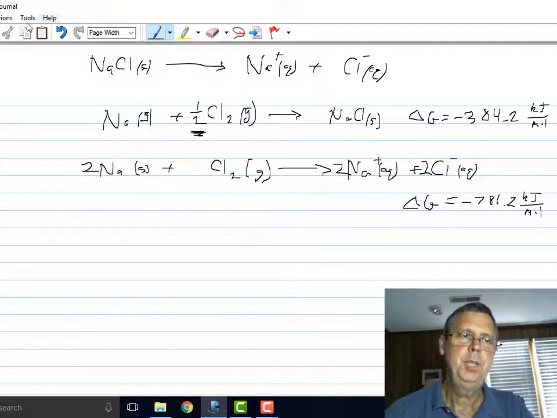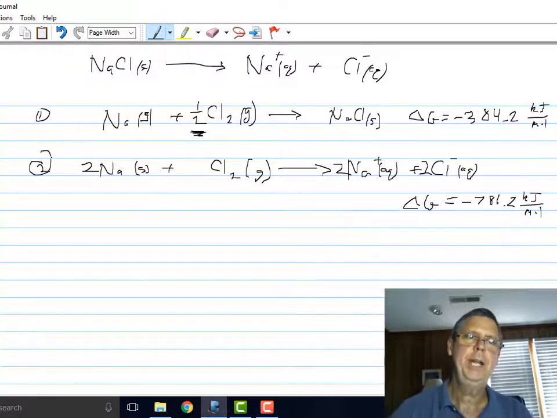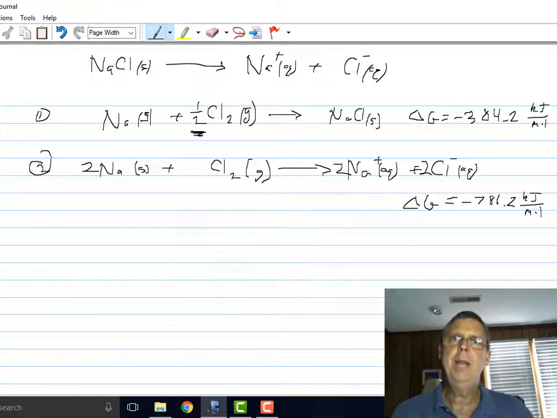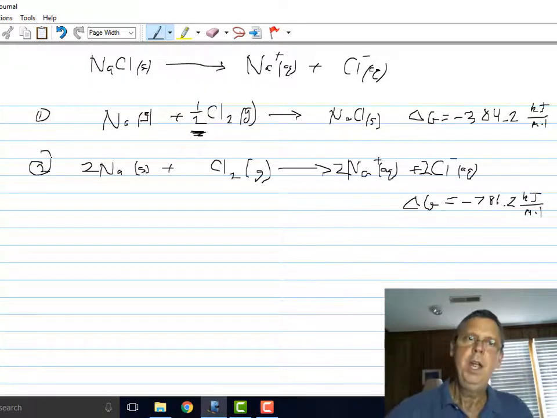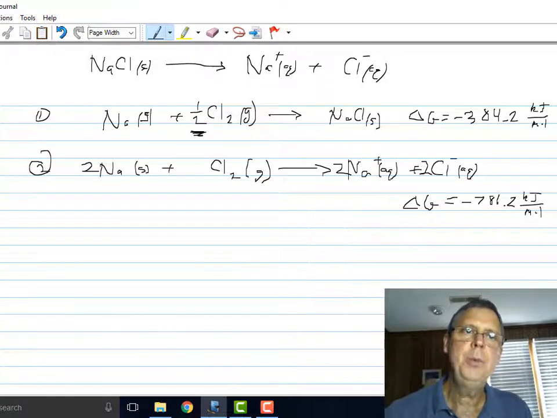And so if you look at these reactions, call this reaction 1, this is reaction 2, and these are just examples of reactions you may be given to show you how we add reactions together to get our thermodynamic values for a new reaction. If we compare the reactions, we need to decide how to combine them to get our desired